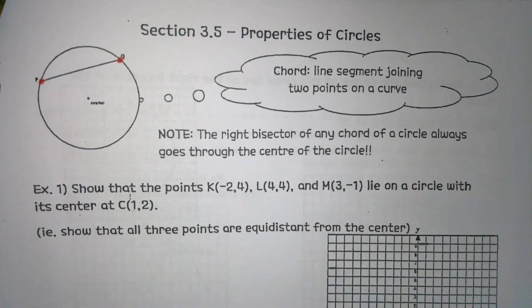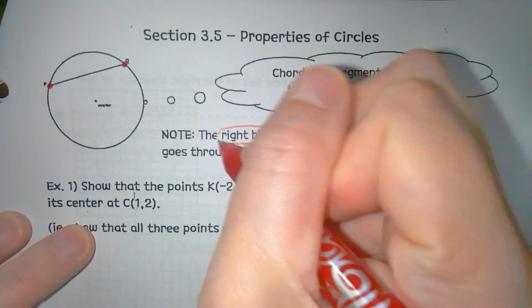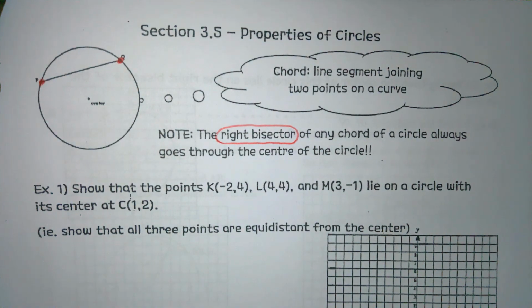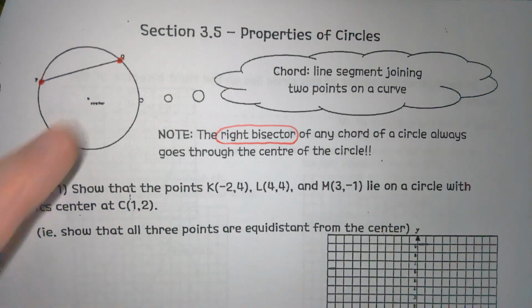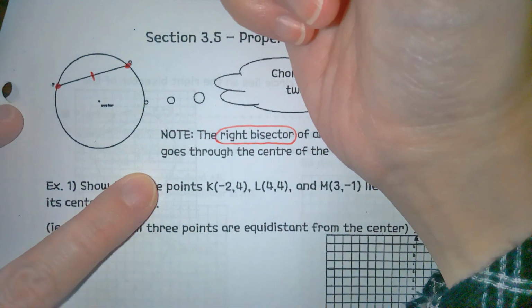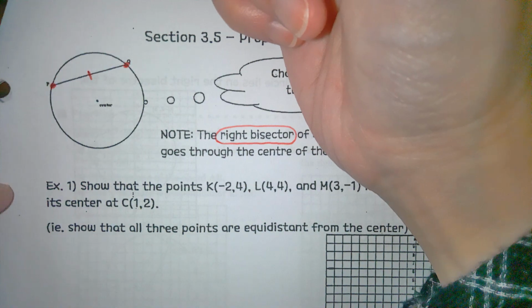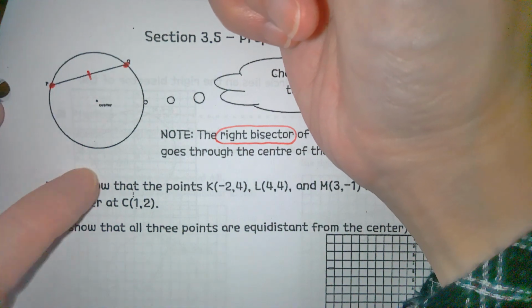Right bisector. Right, what's right bisector again? What's the definition of right bisector, Taden? Right in the middle. And what's the angle? William? 90. Yeah, right angle. Okay. So, for example, this right here,